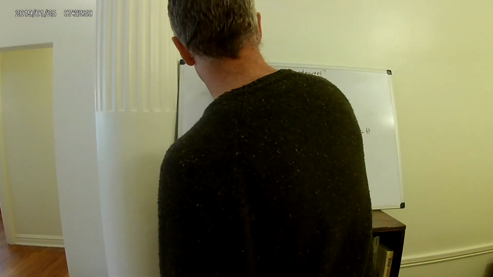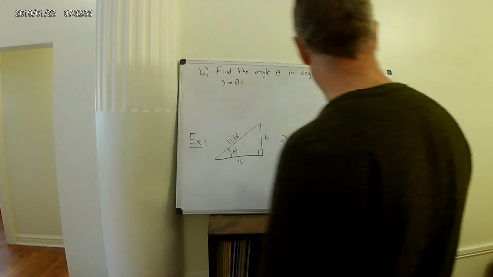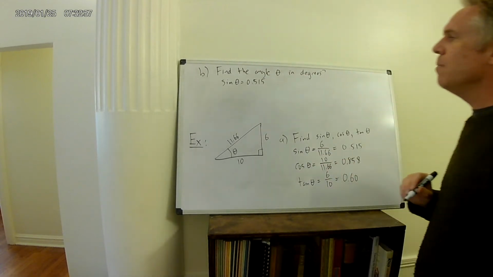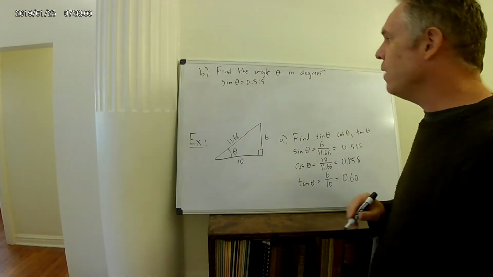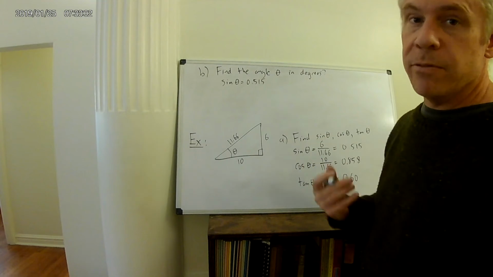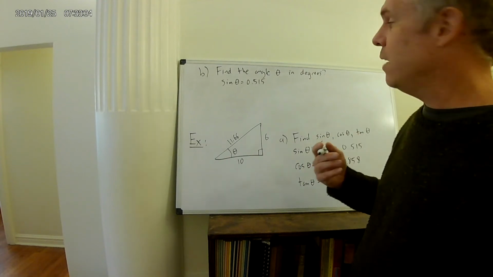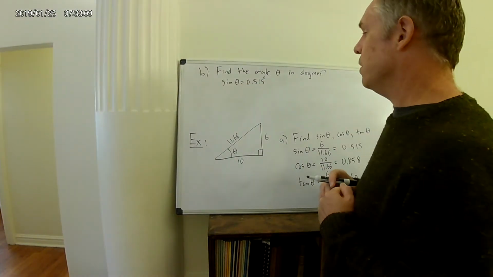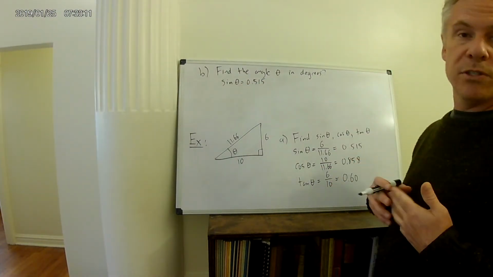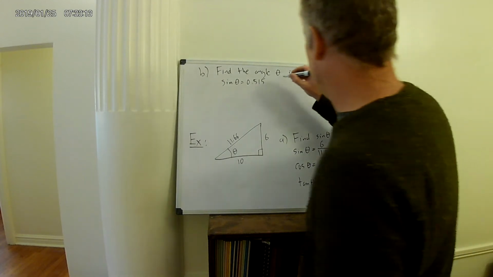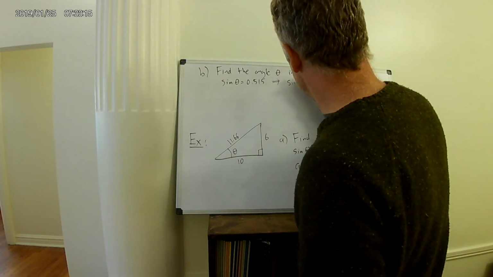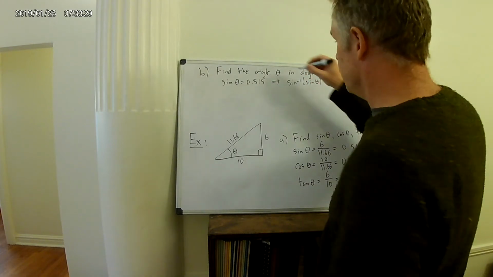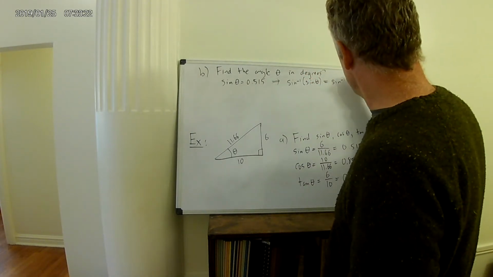What do I know? I know sine of theta equals 0.515. But how do I actually figure out the angle? The way we do this is we use something called the inverse sine, or the arc sine. So I take the inverse sine of both sides of this equation. That's legal. I can do anything I want to one side as long as I do the same thing to the other. So I take the inverse sine of the sine of theta, and doing this to the other side, this equals sine inverse of